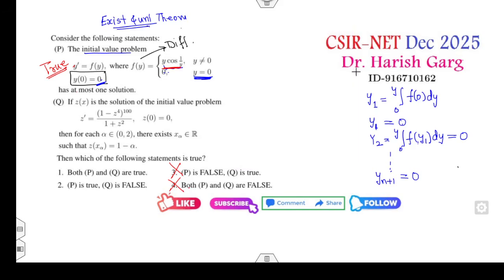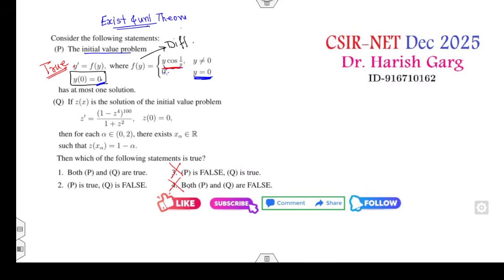Now, look about the Q statement. Z is the solution of the initial value problem 1 minus z raised to power 4 divided by 1 plus z square, and it is given that z of 0 is equal to 0. Then for each alpha there exists a solution. So here it is not asking about existence, already existence is there, such that z of x